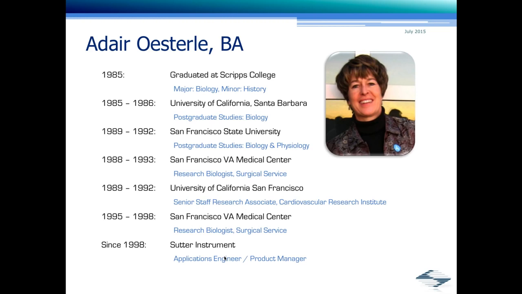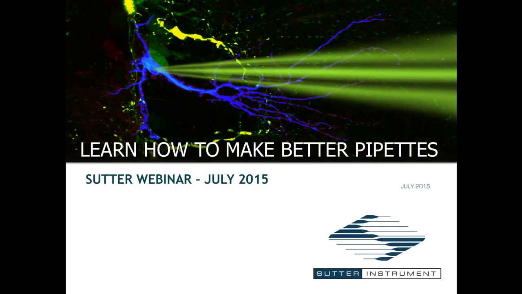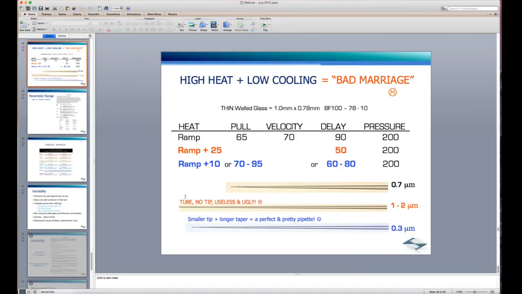Most of the time, I might go maybe 5 or 10 units, and then I'll leave it at that, and then I'll start increasing the pull. And I might reduce the cooling a little bit. But again, if you go too low in the cooling, you're going to run into those ugly little sticky pipettes where you're making a tube and you're not making a tip. So right here is the tube if you have increased the heat too much and reduced the cooling too much. So I like to adjust the pull and also the cooling in small increments, and that's,